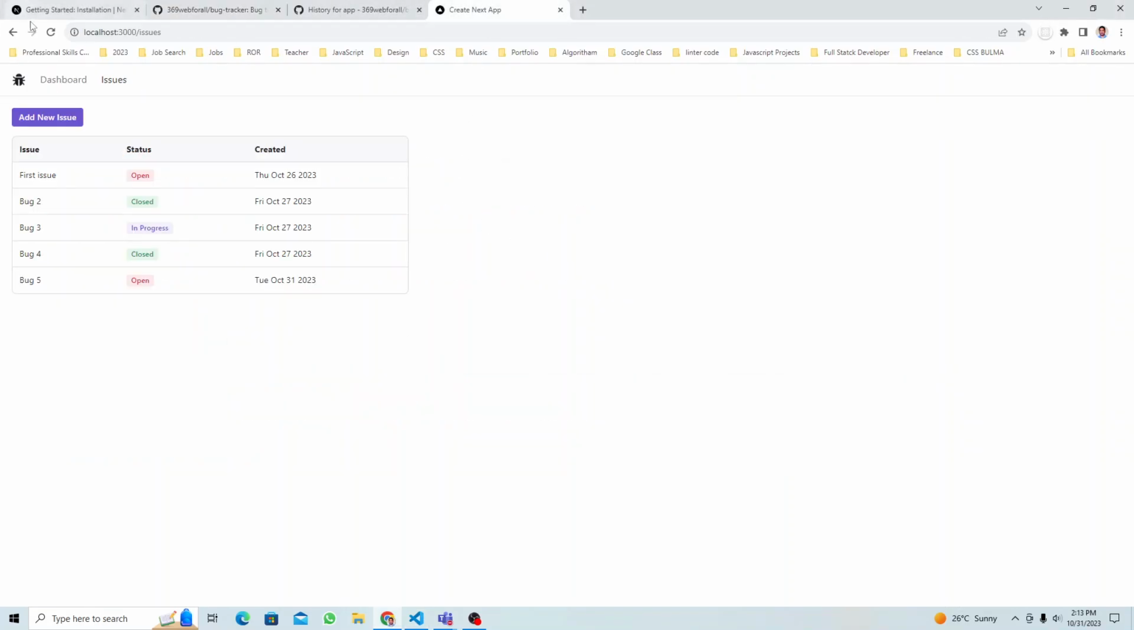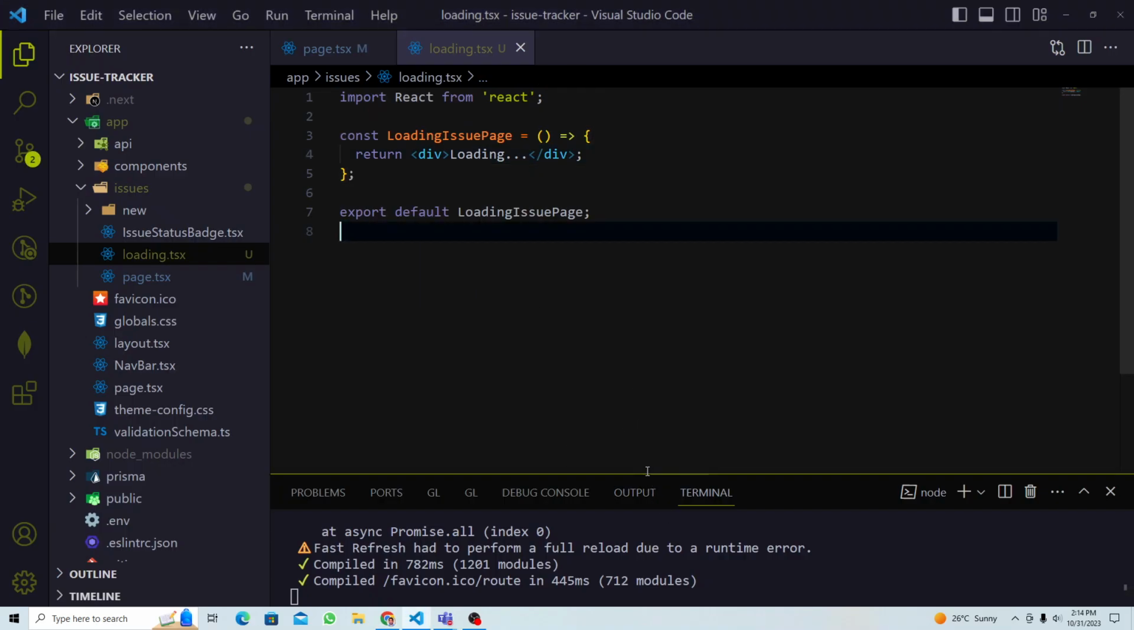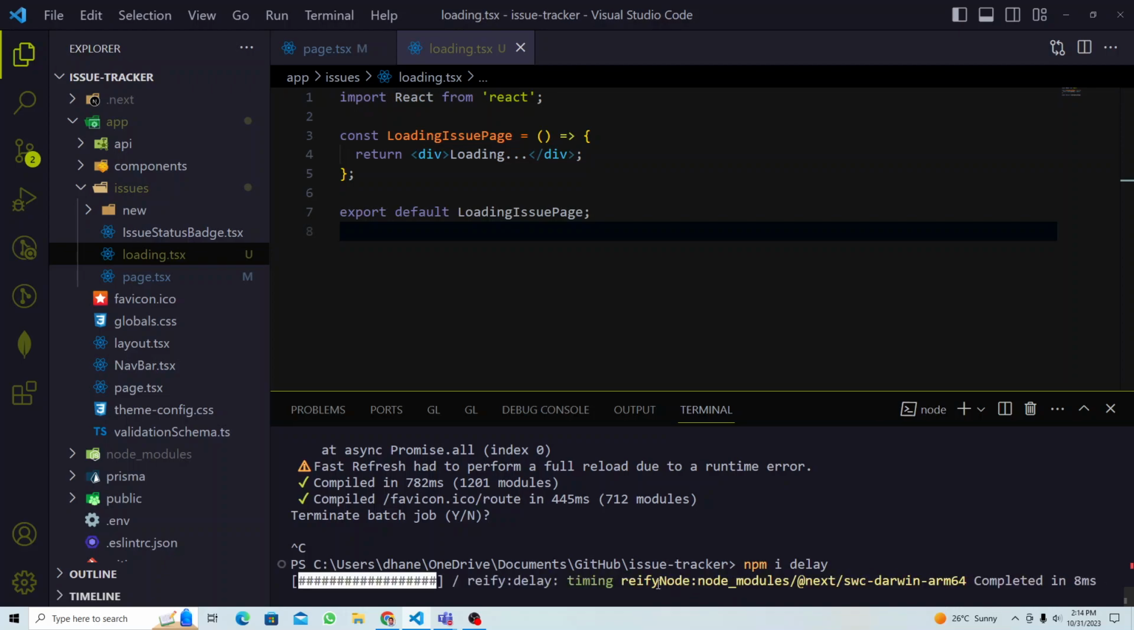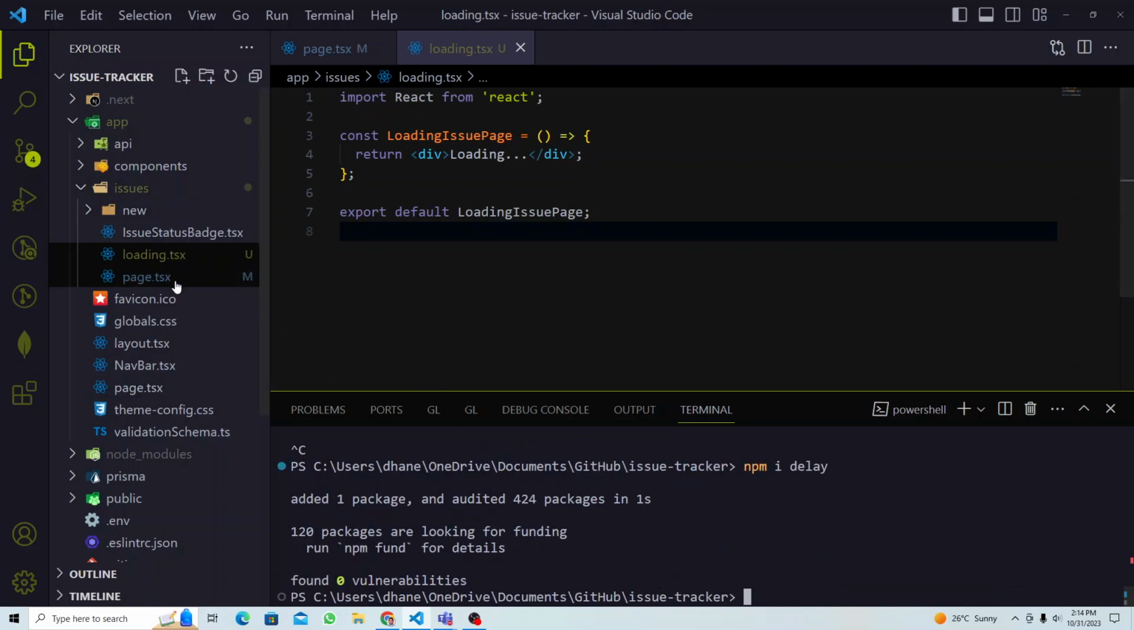Okay, so if I refresh the page, it's very quick, right? You don't see it, it's just like a quick flickering. So we can add some delay. Let's do that one. So I will install it with npm install delay. This is a package which will create some kind of delay in our component, just for understanding purposes. So in the page,